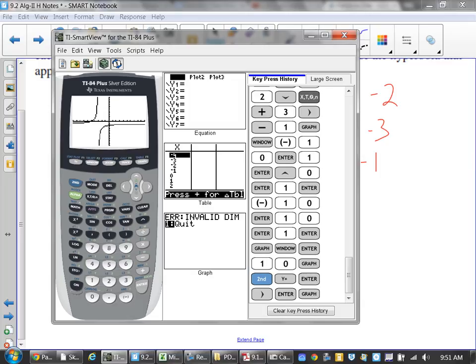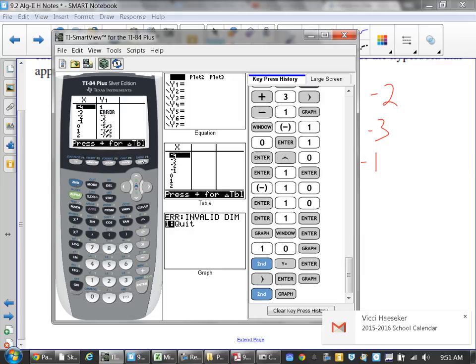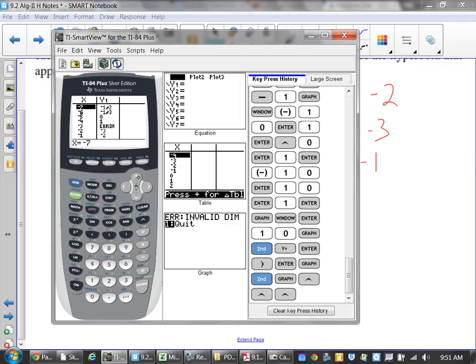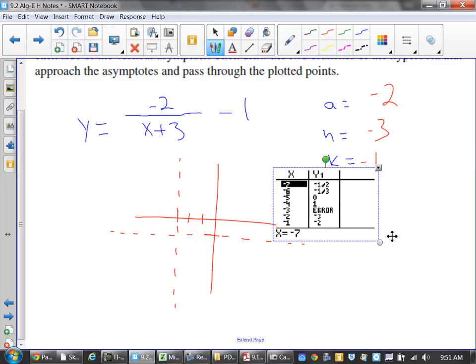So now, yes, your table is going to look a little weird because sometimes you're going to get fractions, and sometimes you might get whole numbers. So if I'm going to figure out which ones to plot, I'm going to use whole numbers, as best as I can. So I'm just going to bring my table over here so you guys have it in front of you.